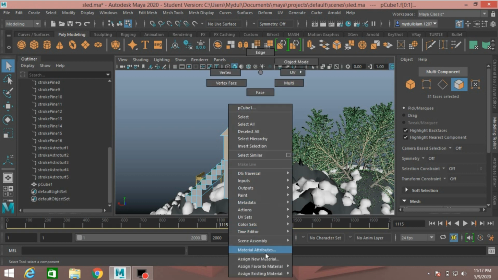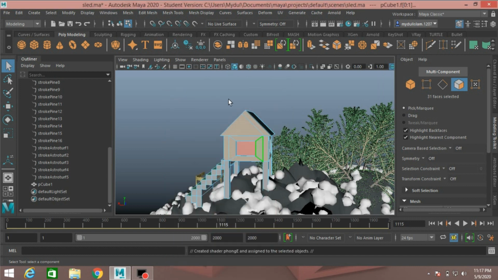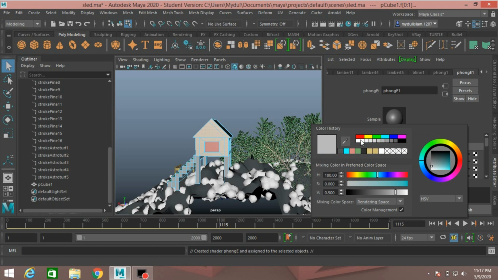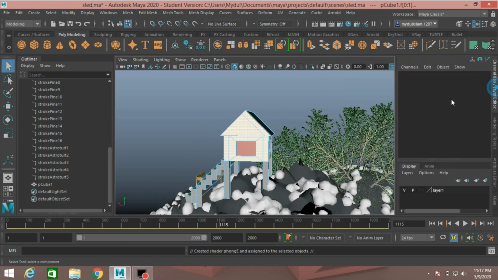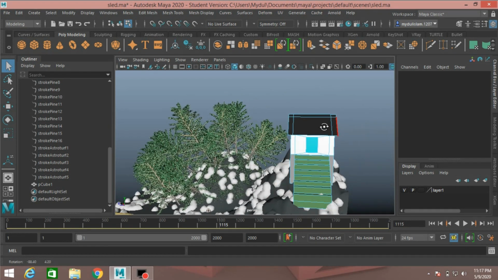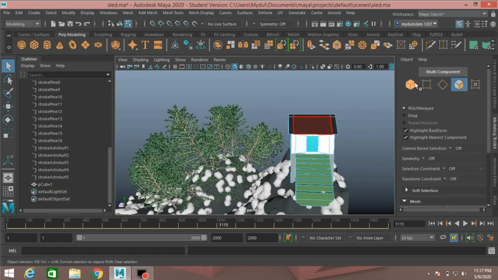Right click, assign new material, select Phong E, change the Phong E color to white, just like this. Now go to object mode.